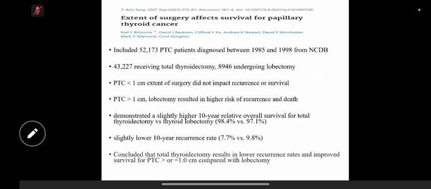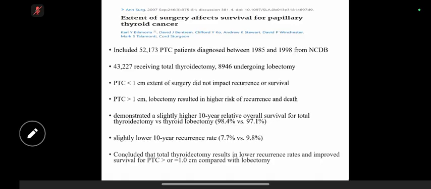This article is on extent of surgery affects survival for papillary thyroid cancer. This included 52,173 patients diagnosed between 1985 and 1998. 43,000 patients received total thyroidectomy and